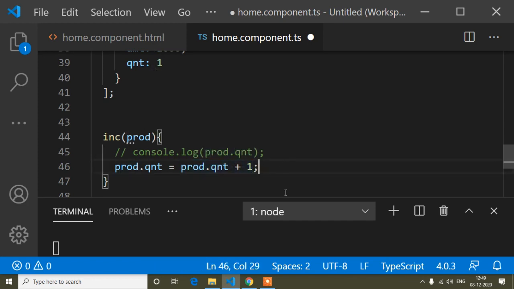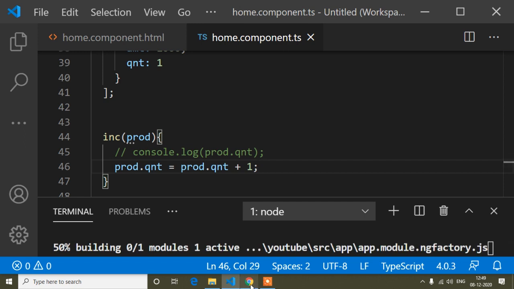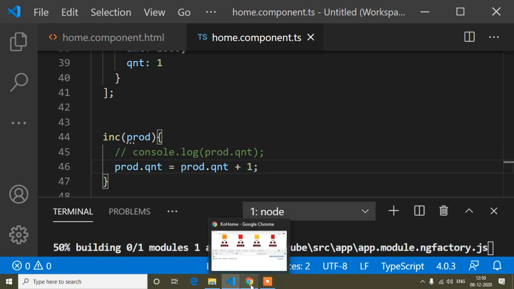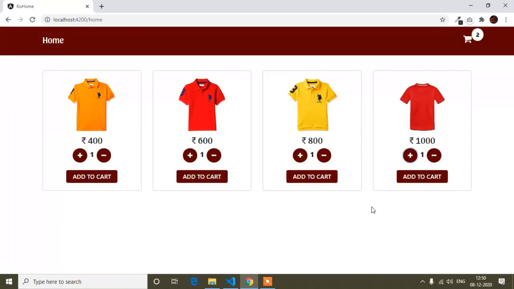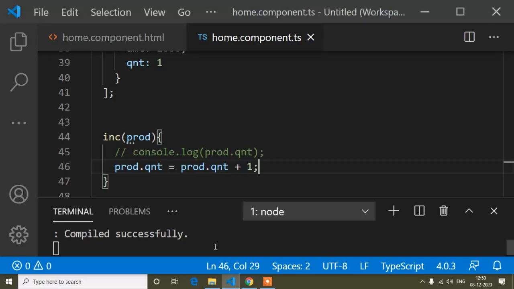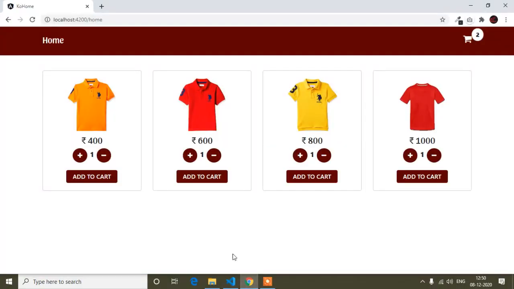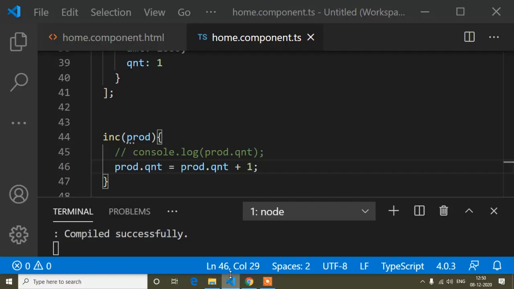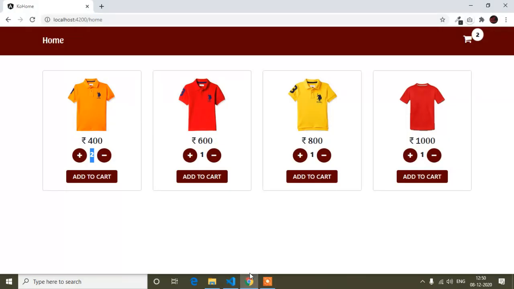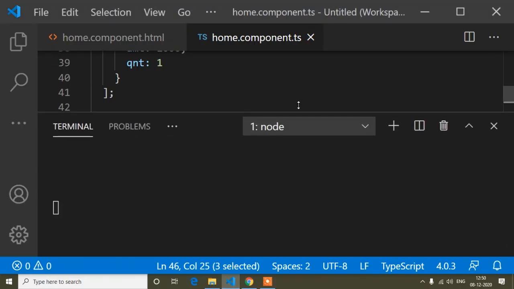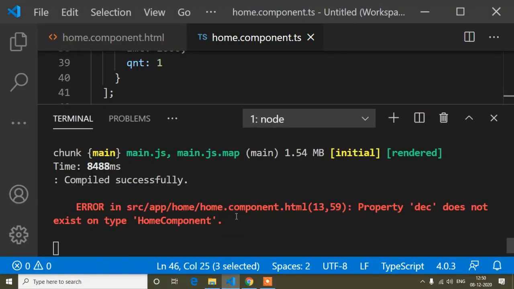Okay. So now let's see guys, whether it's increasing or not. First of all I will close this console because I don't need that now, and okay, it's compiled. So if I click, you can see it's increasing, because inside this product quantity I have stored product quantity plus 1, and I think here it's showing an error.